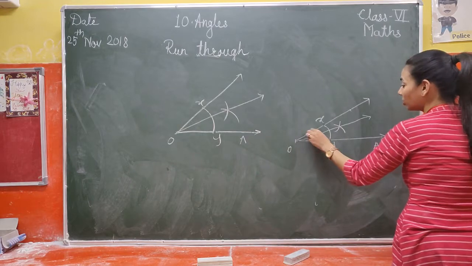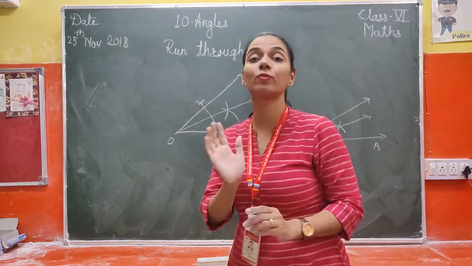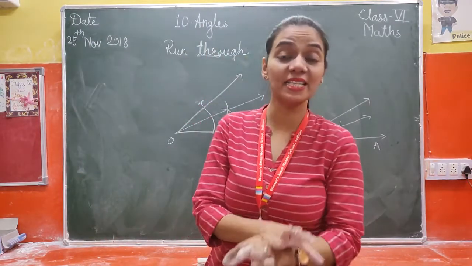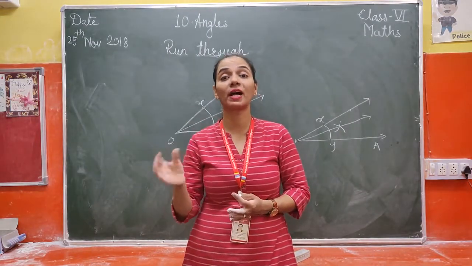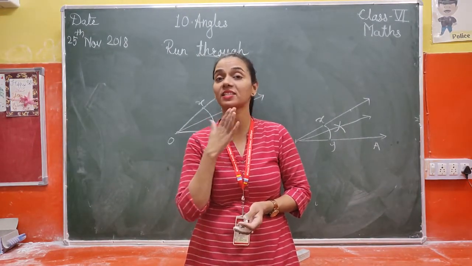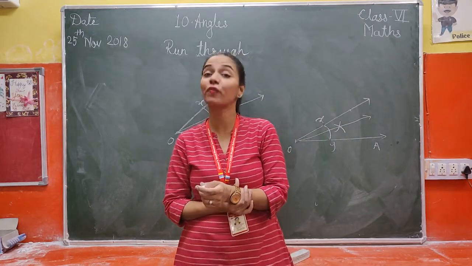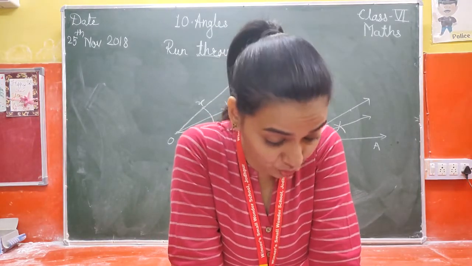Now can you tell me what will be the magnitude of the divided angle? It will be half of 30, that is 15 degrees, because a bisector bisects angles into two equal parts, right? So one part will be half of the total angle, that is, if the angle is 30 degrees, half of the total will be 15 degrees. Got it?